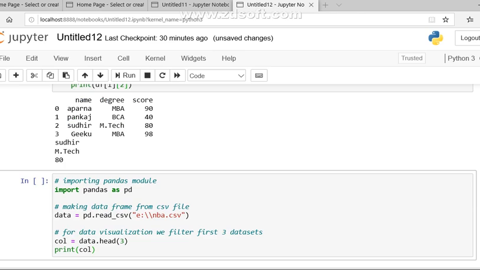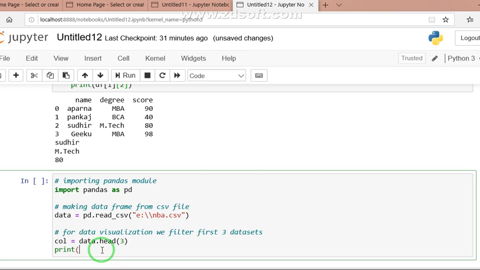Now students, let's say we want to apply the same operation on a file. The file is, that we have already used this file, NBA file, in our programs. That was the National Basketball Association in America. The file contains the records of the players, information about the players. So what we did here, first is importing pandas, then importing the CSV file using read CSV function, assigning it to data, and then this becomes the data frame, and then we have applied the head function and we have entered here 3. This 3 represents that the first 3 rows will be displayed here.